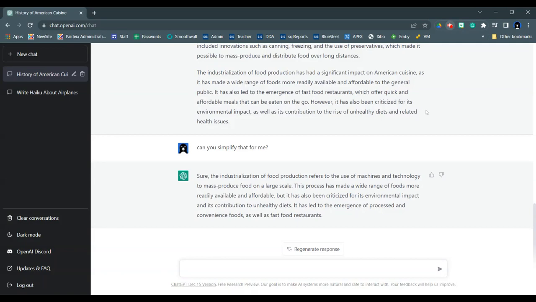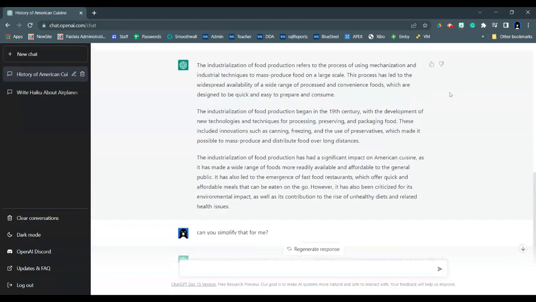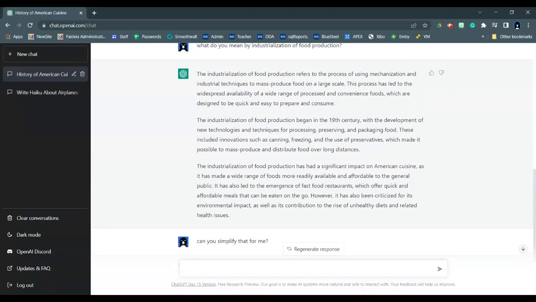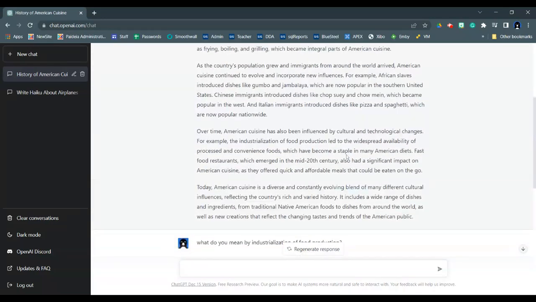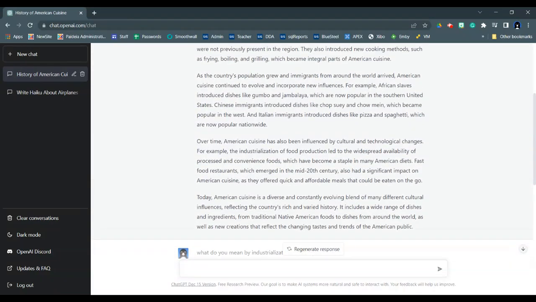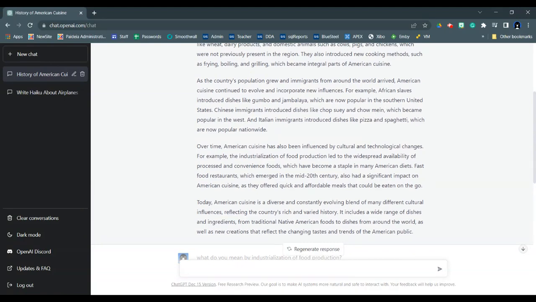Now what I want to do is drill down a little bit more. It was talking about the impact of slavery, in the first question. It talked about how slaves from Africa introduced dishes like gumbo, jambalaya, and so forth.